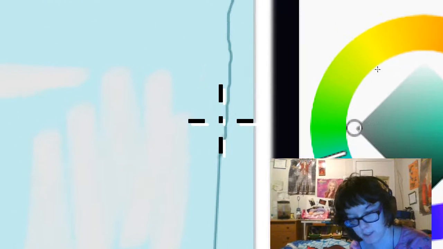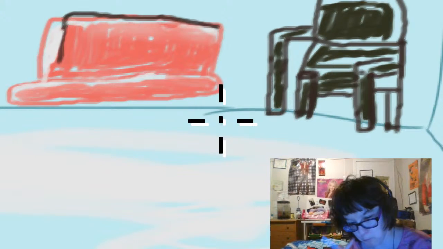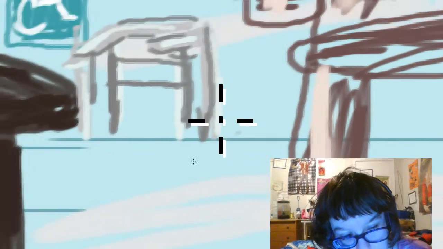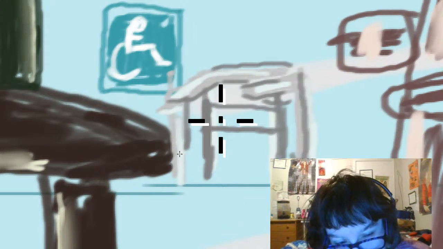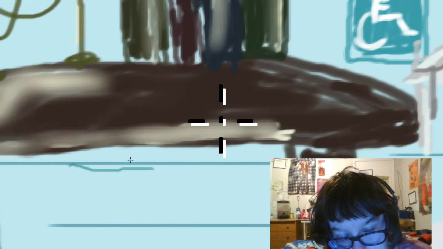And it's basically just a bright blue room with brown and red waiting chairs, and a gray accessibility area with a wheelchair handicap sticker for the disabled in the background